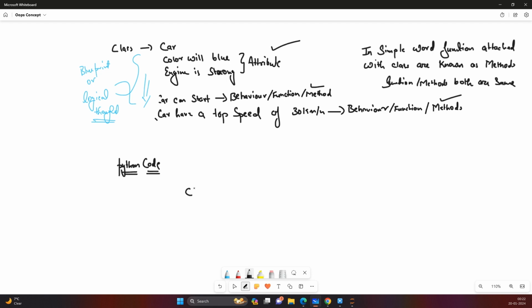First you will use this keyword class, okay. This is your keyword. And then you will write the class name. So this is my car, so I will use car as my class name. Then I will use indentation, and I will just say color is equal to blue,